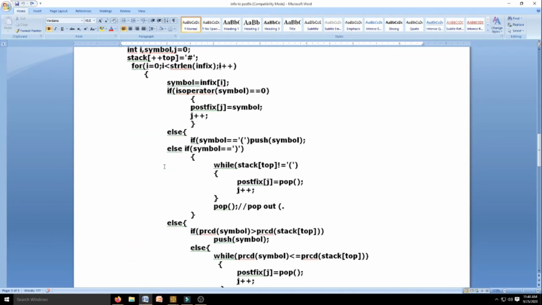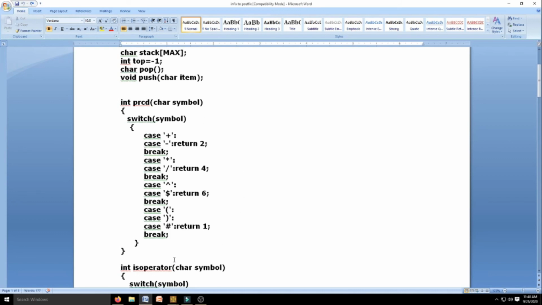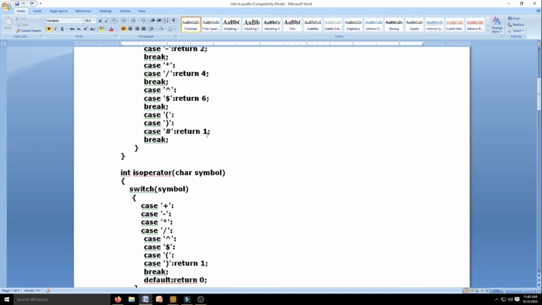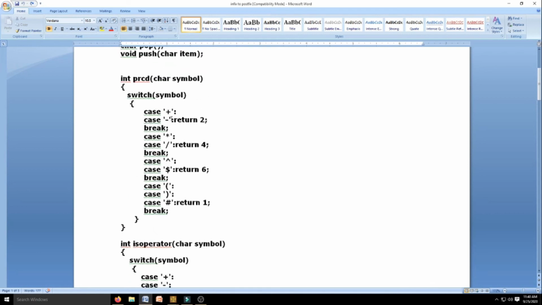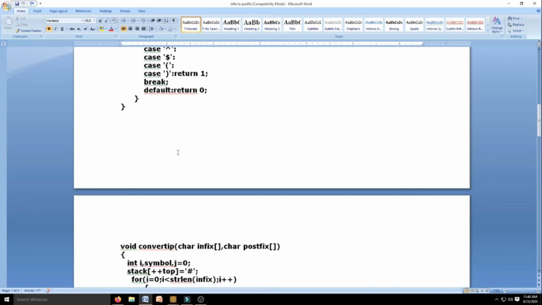So basically I am using 5 functions. One function for checking the precedence. It returns a value like 2 or 4 or 6 or 1 depending on the symbol. If it is a plus or minus, it returns 2, and like this it goes on. There is another function called is operator, to decide whether it's an operator or an operand.